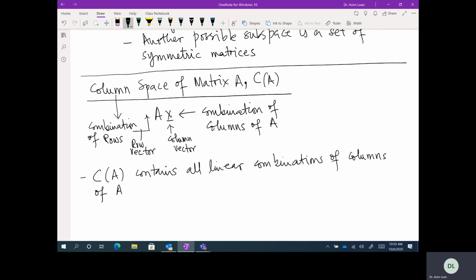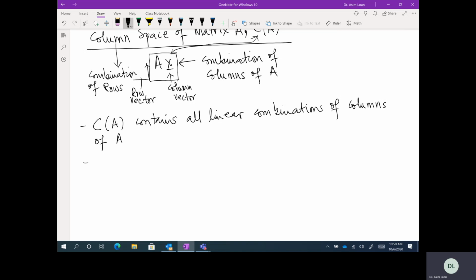Whenever you are writing A times X, A times X is simply the column space of A. Okay. And it is a subspace of,